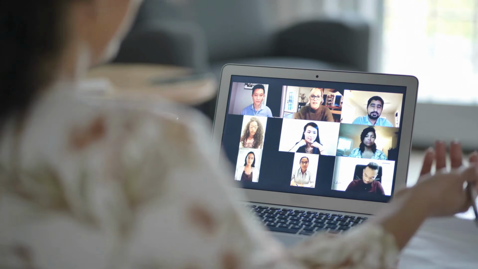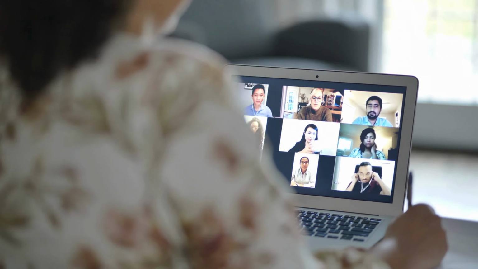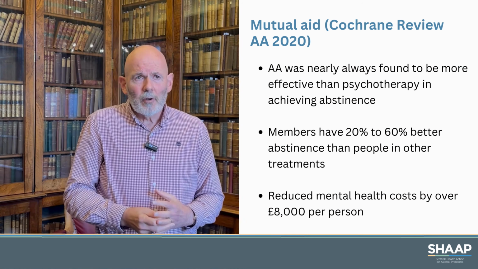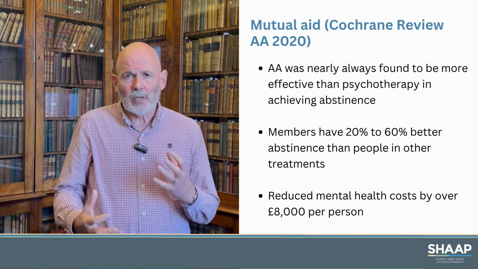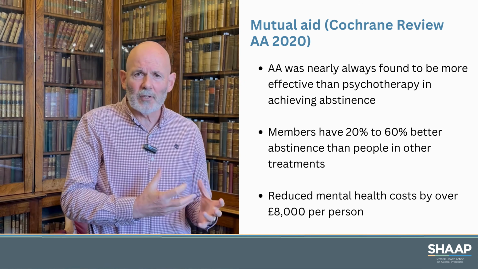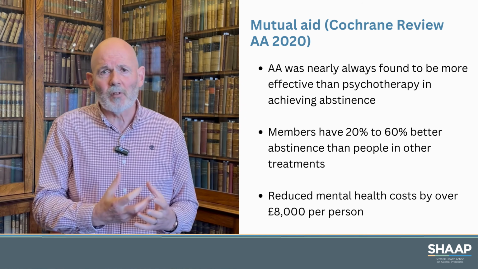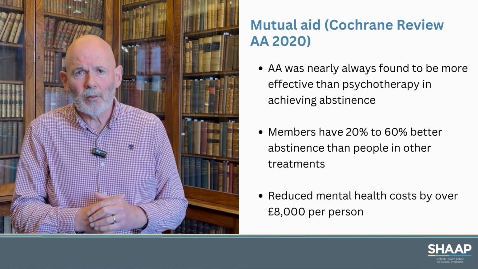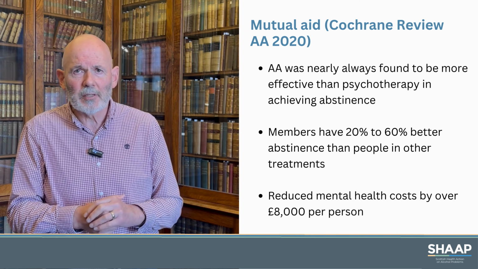Think about mutual aid and the evidence for mutual aid. Alcoholics Anonymous is the largest mutual aid group for support for people with alcohol dependence anywhere in the world. There are other groups like Smart Recovery, which are likely to be effective too. The Cochrane Review of 2020, Cochrane is a scientific and academic body which looks at the evidence for things. It only uses studies of the highest level of evidence, and it looked at Alcoholics Anonymous and its impact in